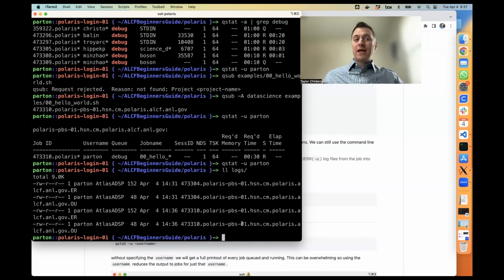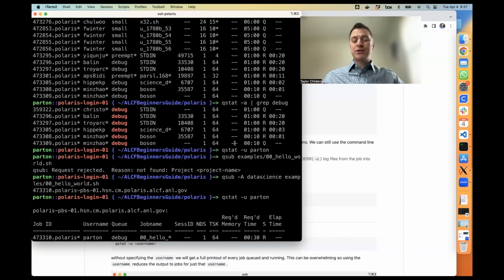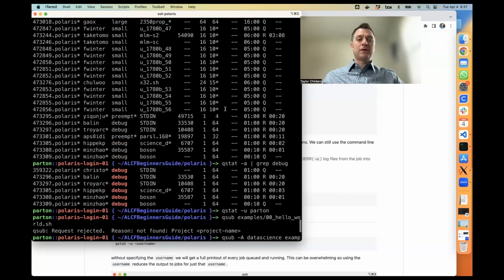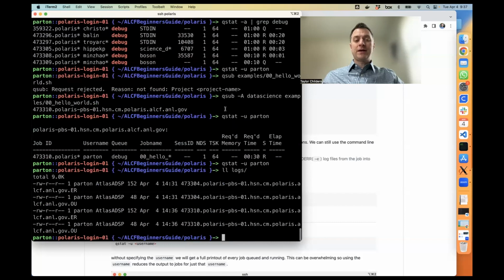So qstat's really handy for keeping track of your jobs. It's handy for trying to get an idea of how many jobs of a certain kind or in a certain queue there are, so that you can get an idea of when they might start. And so that